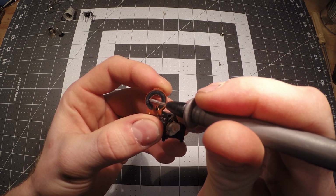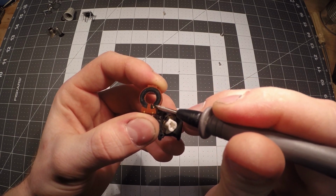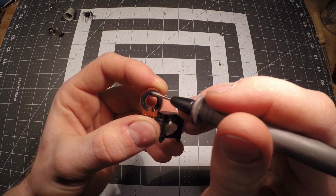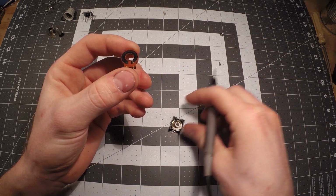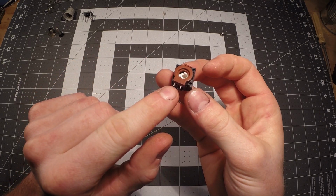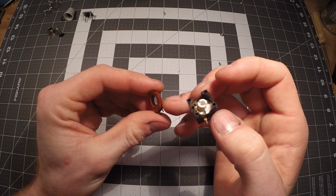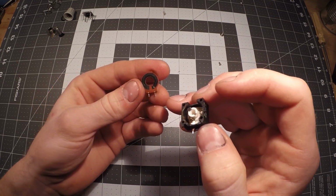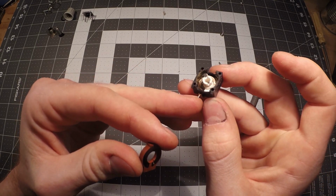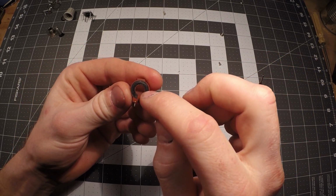And what that does is it wipes across this contact here, and where you see the black is actually what produces your different resistance in your circuit. So you have 3 leads that come out of here. You have these 2, and then you have this 3rd one right over here. And normally what you would do is you would connect to one side of the pot, or potentiometer, pot for short, you would connect to one of these leads, and then you would connect to this lead right here,